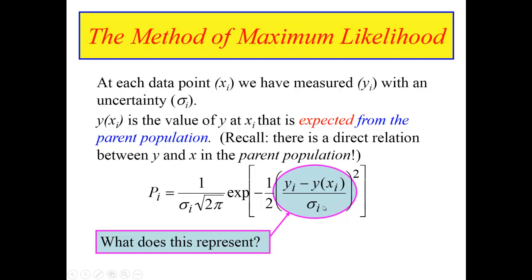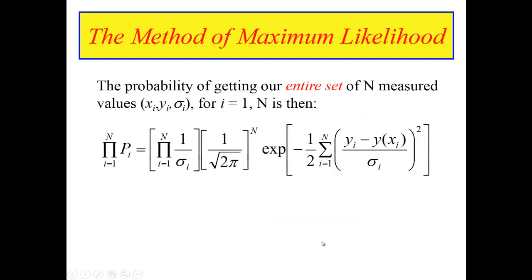The denominator is our uncertainty in our measurement. And so one might expect the numerator and the denominator to be quite similar if the data actually do come from a particular kind of parent population. So once we know the probability of getting any one measured data point, then now the